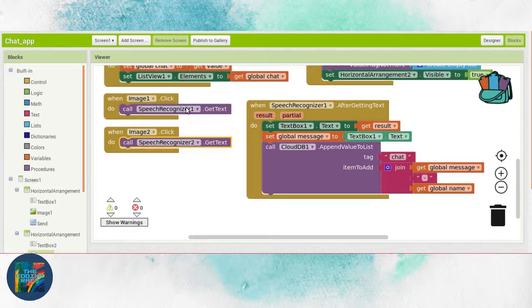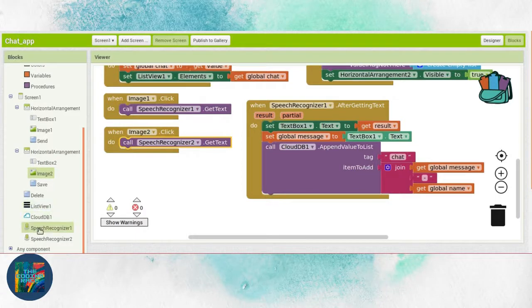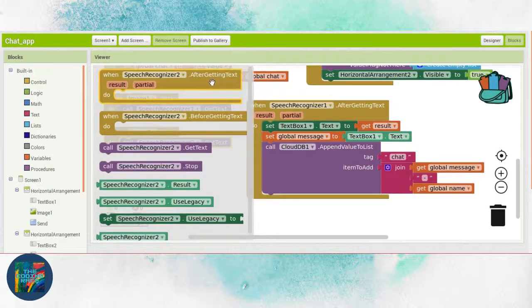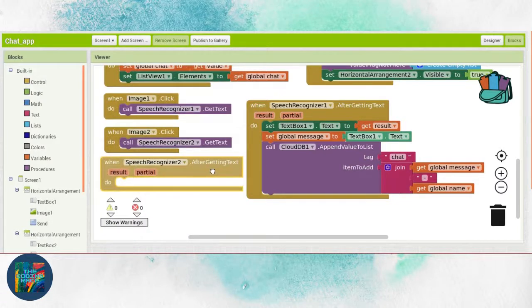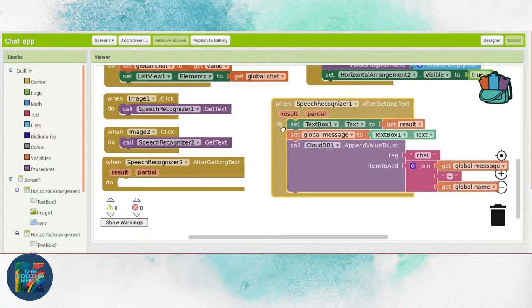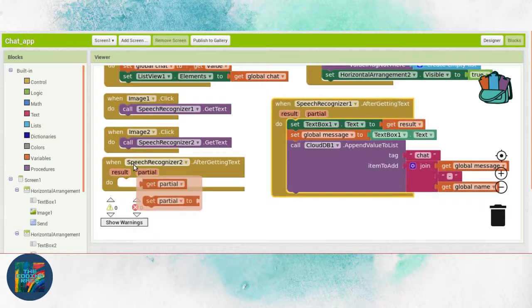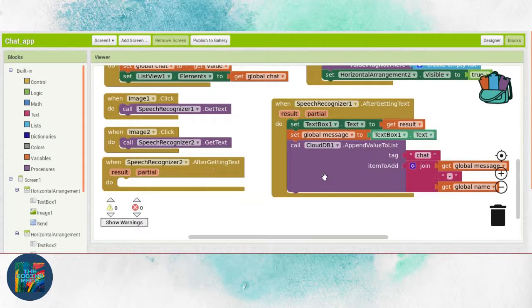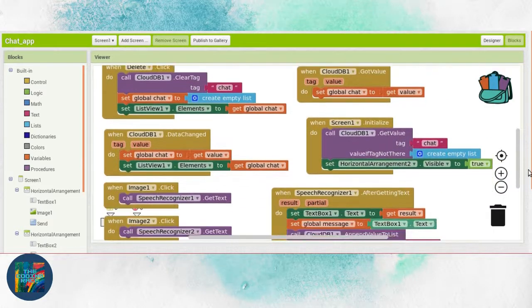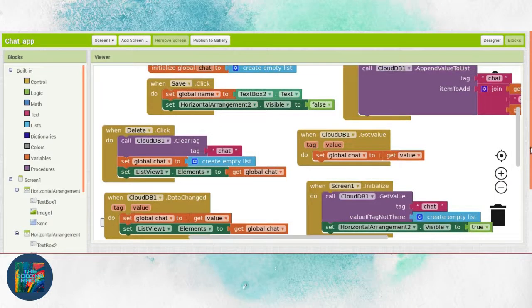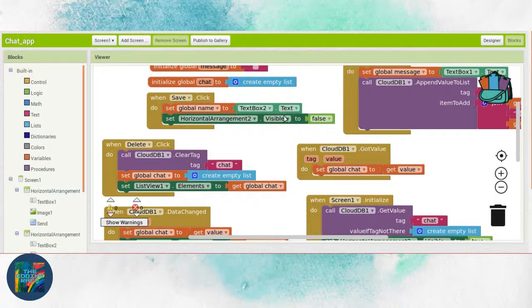After that, go to speech recognizer 2 and drag and drop this code, which is when speech recognizer 2 dot after getting text do. So we want to save the text, this thing. We want to copy these two things,